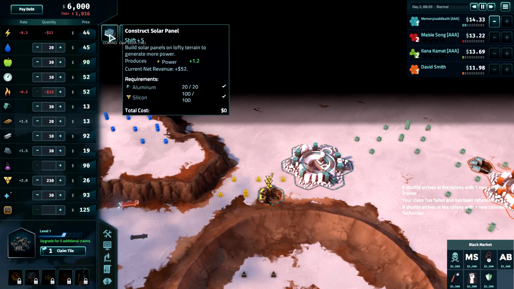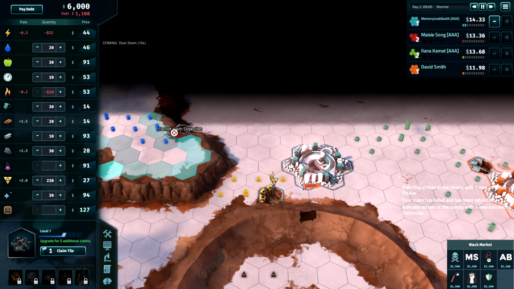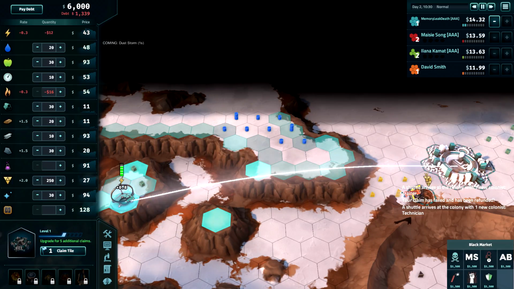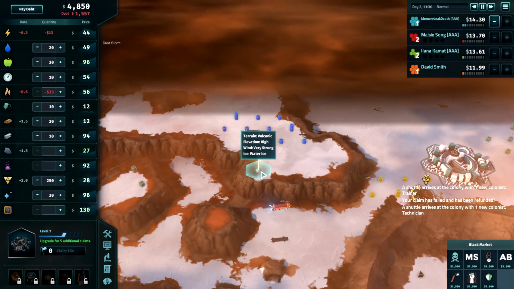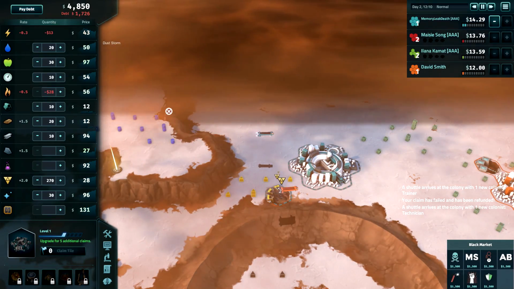Alright, so I definitely want to produce some more power, and I think wind turbines would be the way to go, because I got this place right here. You want to construct wind turbines around cliffs, because that's where you get the most wind for your buck. And I think, 1.6 there. Oh, everything's higher because of the dust storm now. Oh, excellent. Alright, we'll do that. That'll give me even more power because of the dust storm. Just a temporary